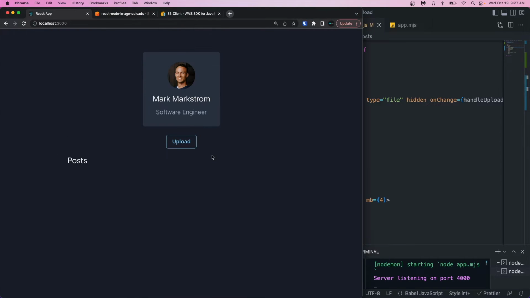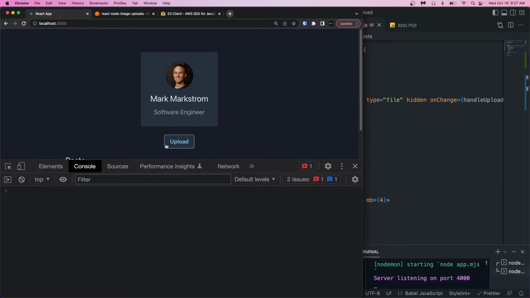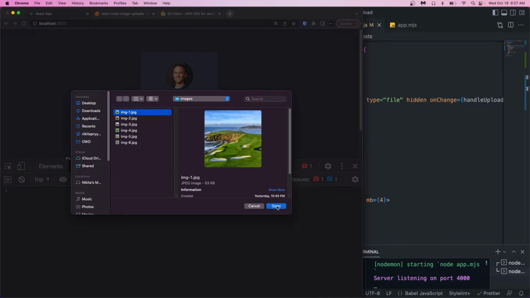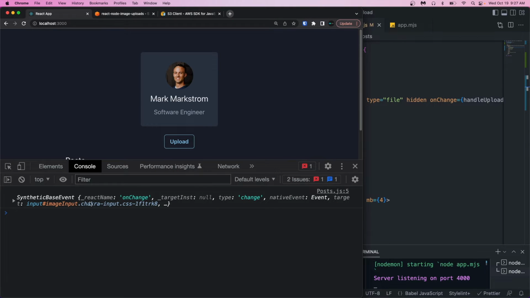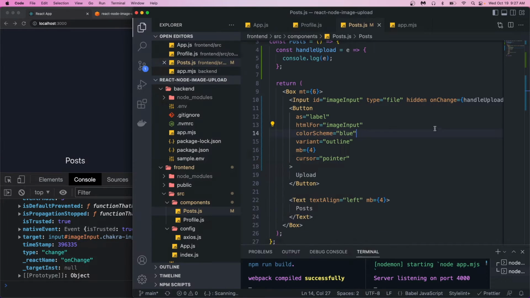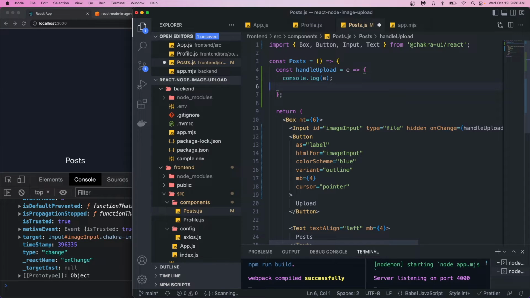And so if we come back to our app and we open up the console, I'll zoom in for it, and then we hit this upload button, it'll trigger that file input type, and then we could upload an image. And then we see the event here. So we'll be able to grab the file off of it. So let's go back here in our handler and let's grab the file. We can get the file that was passed by accessing the event. So we can do const file equals